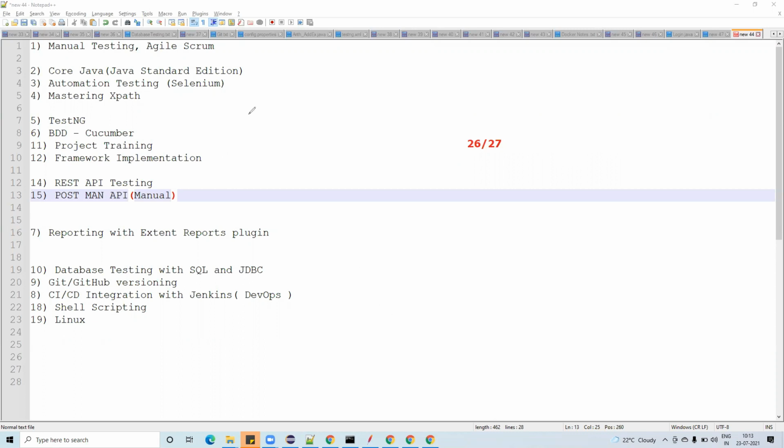Now core Java. I told you many times, without Java we didn't learn anything. Without Java you cannot write any single line of Selenium code. So Java is very, very important. I have given the questions. 90% of the questions will come from that only, not 100%. The remaining 10% depends on the mood of the interviewer, and that is not in my hand. The 90% is in my hand. I have given that already. Selenium also I have given, and the same 90% of questions will come from there.